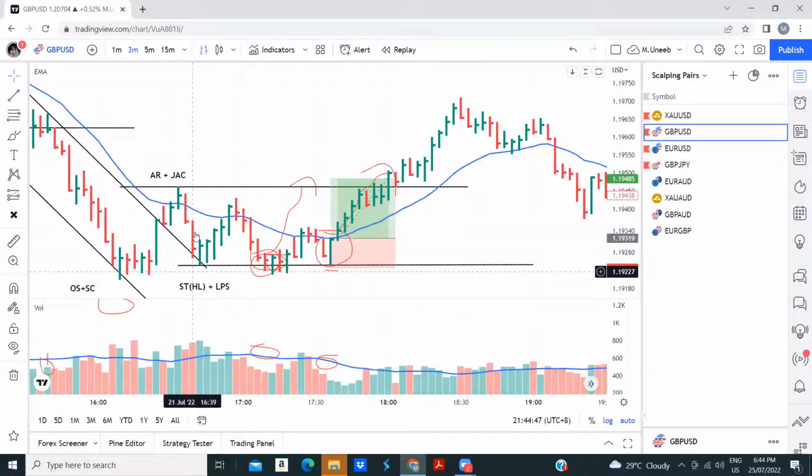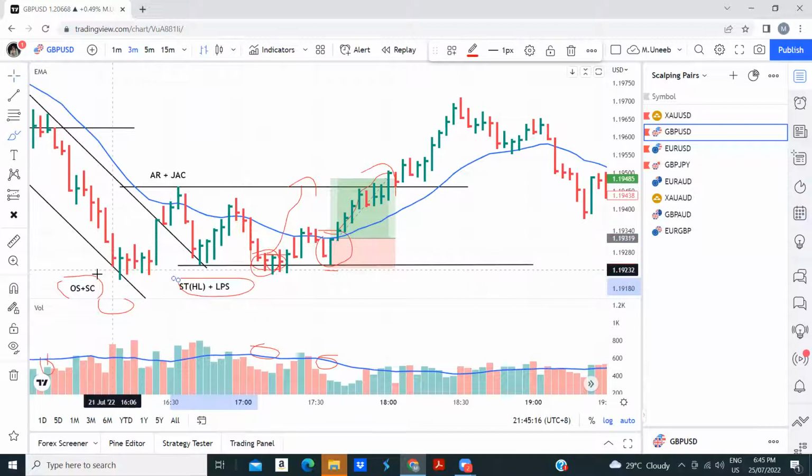Then we have LPS and testing at the same point, then it's fine. We will only trade the LPS when the JAC comes after the AR. But in this scenario, the jump across the creek and AR are at the same point. That's why we will not take this reaction and we will follow this structure